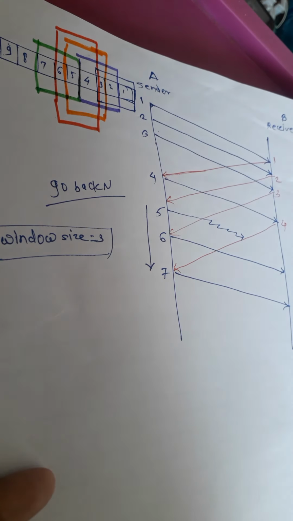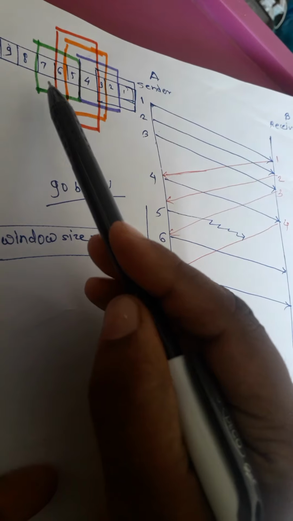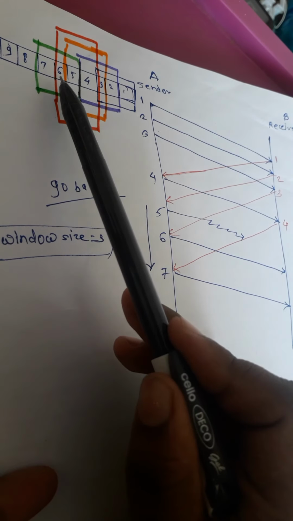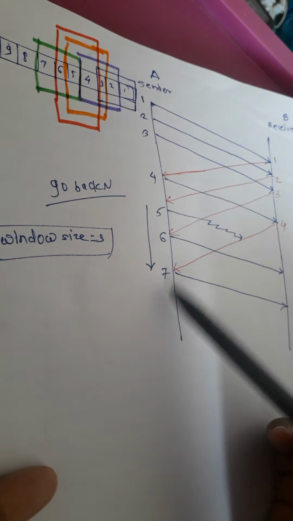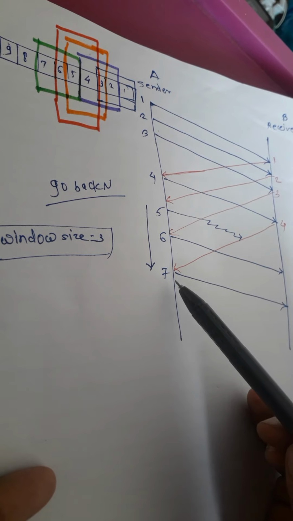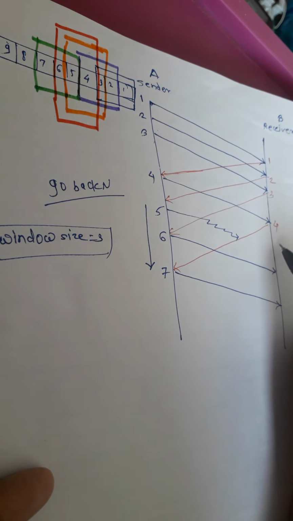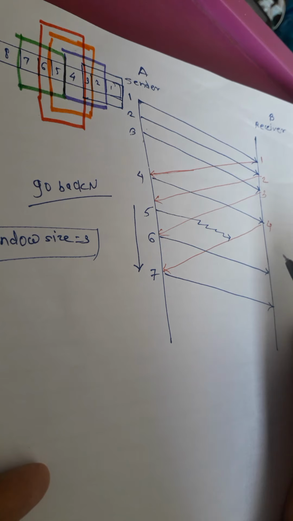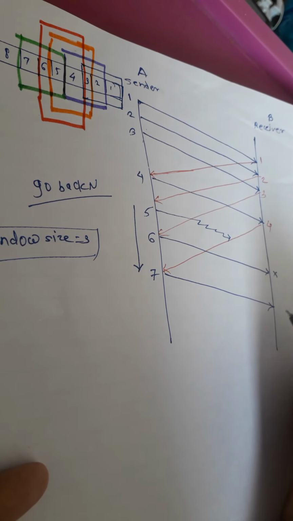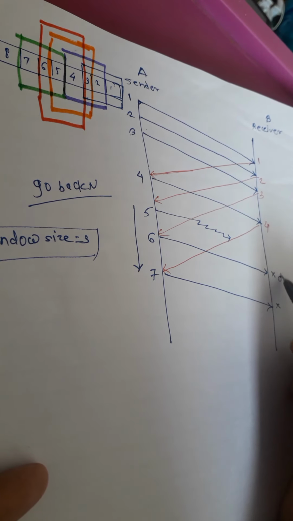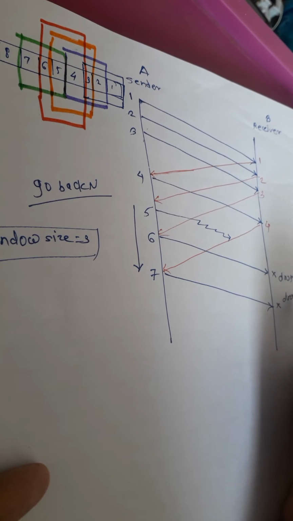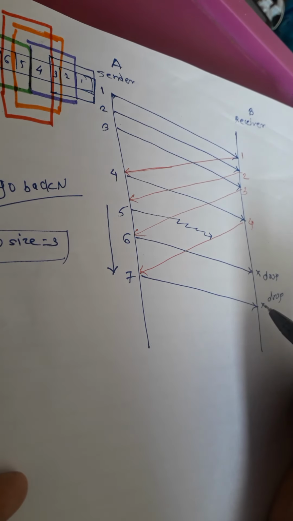According to that rule, the current window consists of the 5th, 6th and 7th frames, of which we have already transmitted the 6th and 7th, which have reached the receiver. But the receiver is expecting, according to the sequence number, the 5th frame, which has not been received yet. So the receiver is not going to accept the 6th and 7th. It will just drop them. The frames will not be buffered at the receiver; they will be dropped.